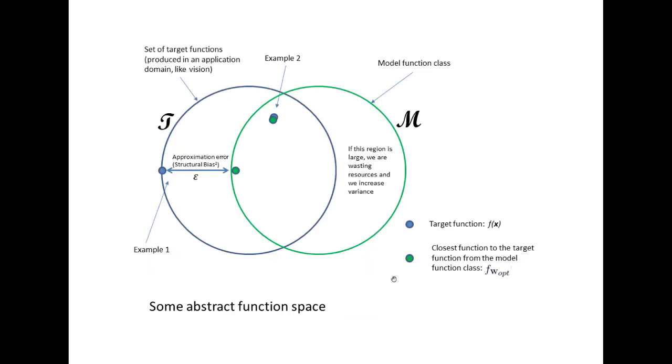So let's look at this picture. This is now already the smallest set of functions generated by nature. Difficult to characterize, but it's smaller than the set of all possible functions. And the green one is the set of functions which we can model with our model class, for example, fixed basis functions. And this is sort of the worst case. If nature decides to realize this function, this is the best one we can get.